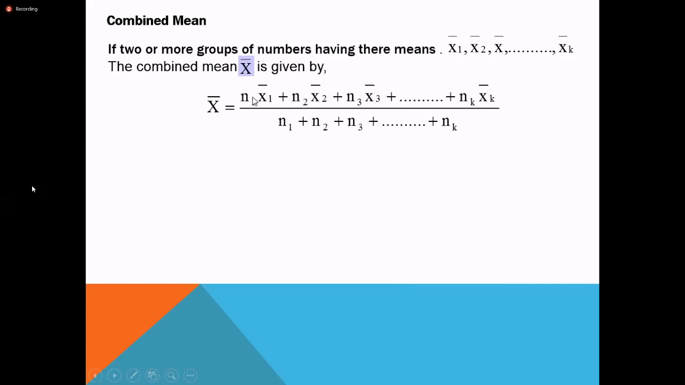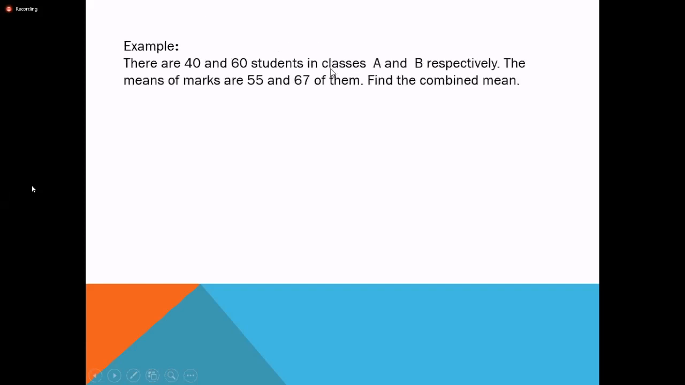The separated means are multiplied by the number of values in each group to get the grand total. Then, for example, there are 40 and 60 students in classes A and B respectively. There are two classes, A and B. One class has 40 students and the other has 60. The means of marks are 55 and 67 respectively. Find the combined mean. Here there are 40 students in one of the classes and their mean is given as